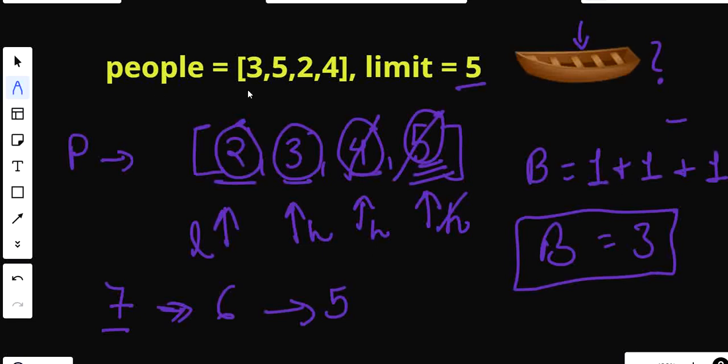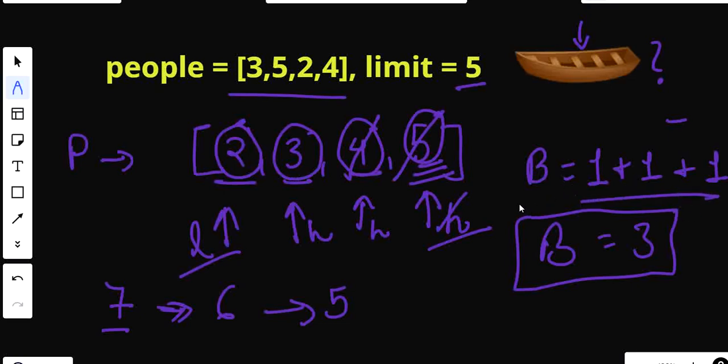Firstly, we are going to sort our array so that we can get the accurate pairings, and then we are going to pair on the basis of lightest weight and the heaviest weight, because the heaviest weight can't be paired with any other weight rather than the lightest person. So in this manner we are going to compare the weights and limits and going to increase our vote count.